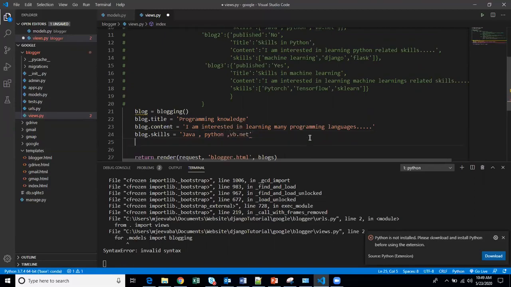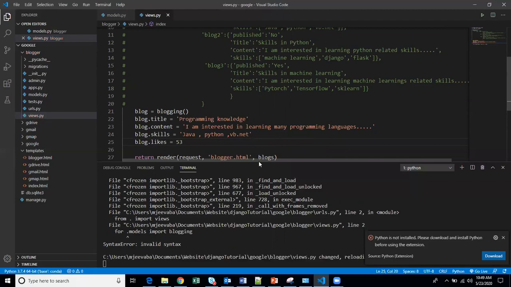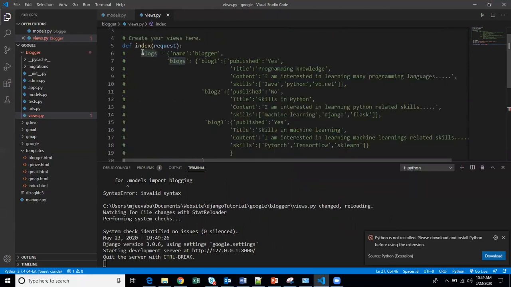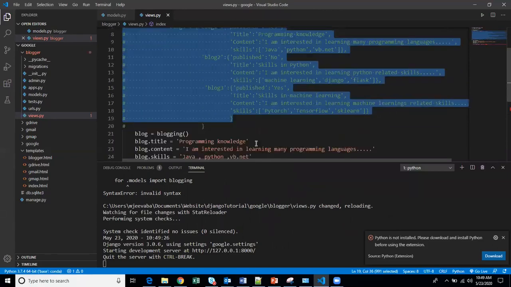Yes, it's fine. And we have included one likes, right? So we are going to have likes equal to, we'll give, this particular blog has 53 likes. Okay, I think we have done. And these blogs, this should be dictionary values always. Previously we have covered it as a dictionary format, we have assigned the dictionary values, but this time it is